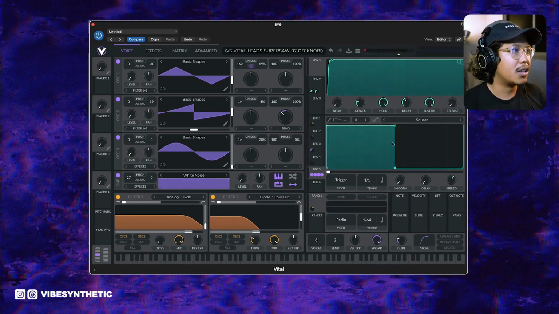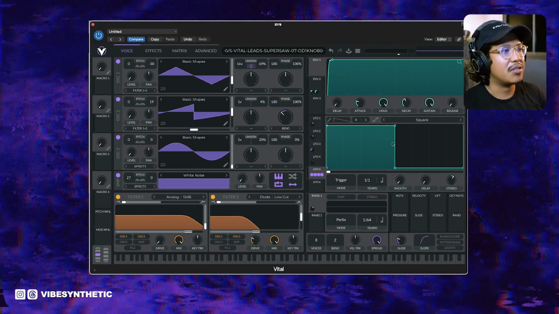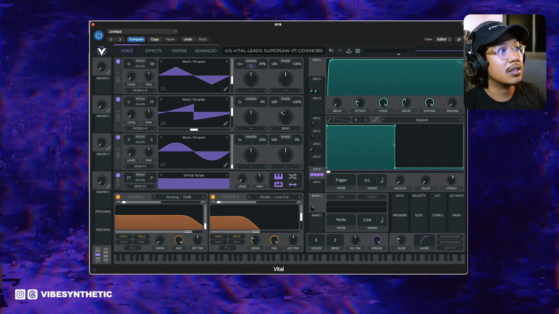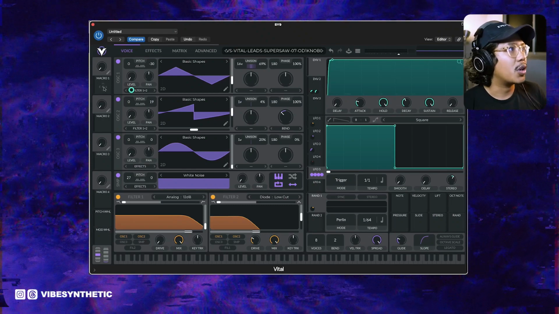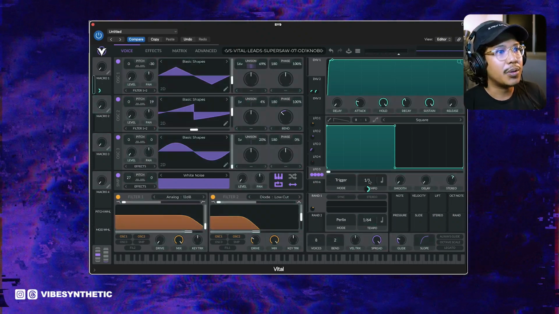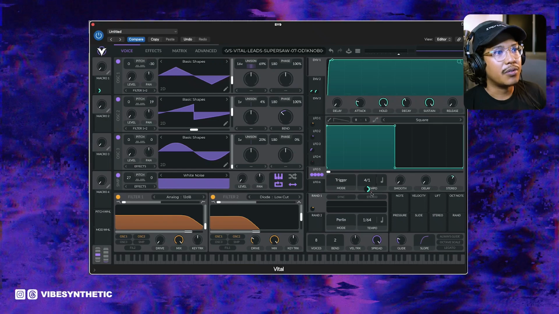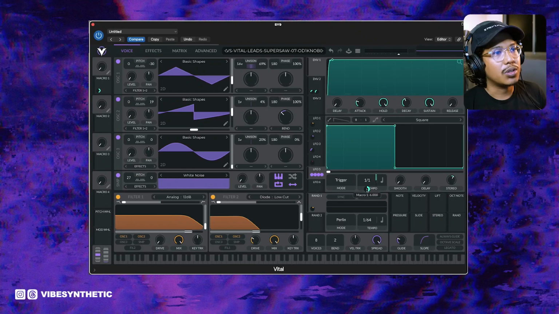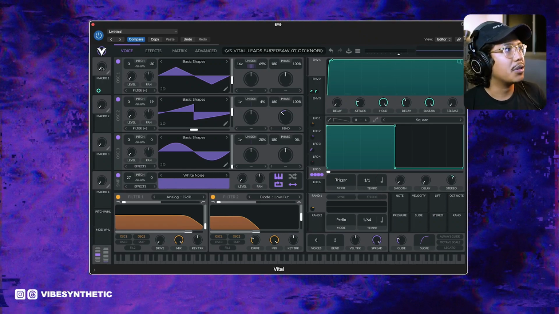So how do you do that? Now in wavetable synthesis, you can modulate almost anything, just like Massive X or Serum, in this case Vital. You will need to use a macro knob. I'm just going to drag over here, macro knob 1, drag to the tempo, and I'm going to make sure that the tempo is fast or slow, maybe 1:1. I can drag it all the way up. So whenever I turn the macro knob here,